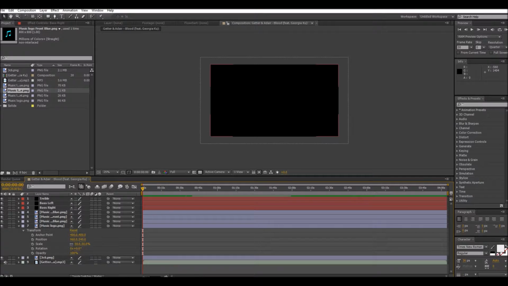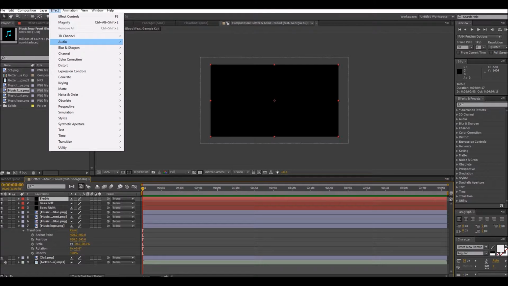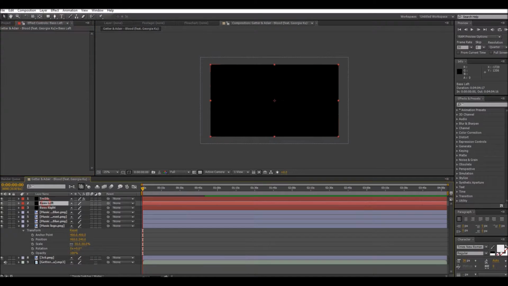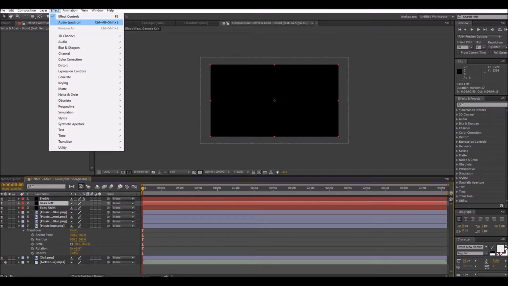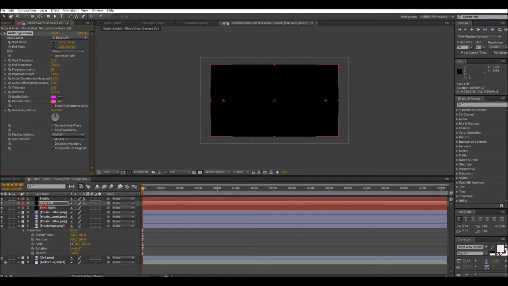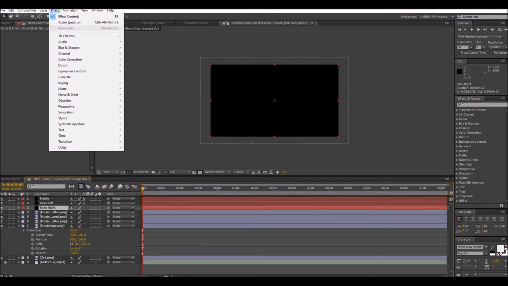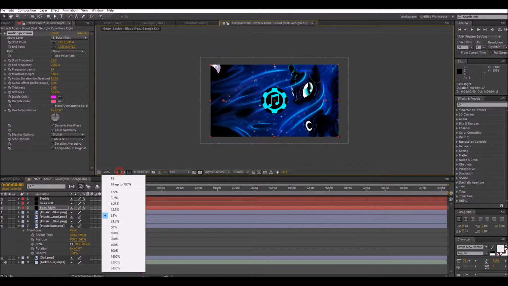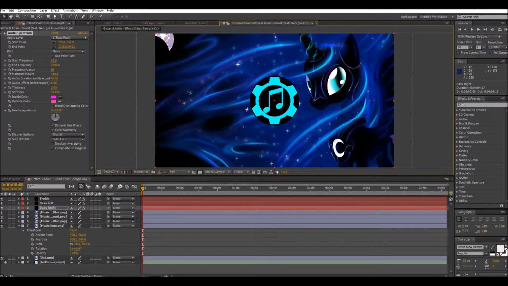So yeah, then what we want to do for all of these layers is go to Effect, Generate, Audio Spectrum, and then we want to do that for the rest of these. If you've already done the effect, it should be right here already on the top portion of the effect menu. So as you can see, we have all of these different audio layer bars. We will be messing around with those in a little bit, but for now let's focus on getting the background